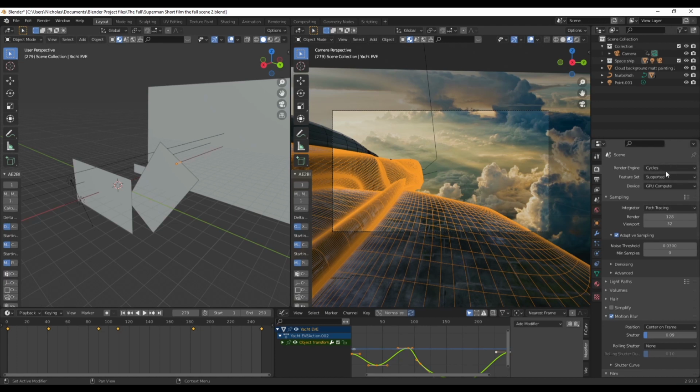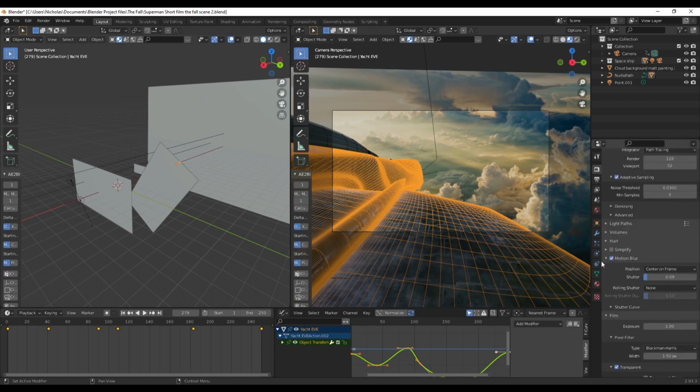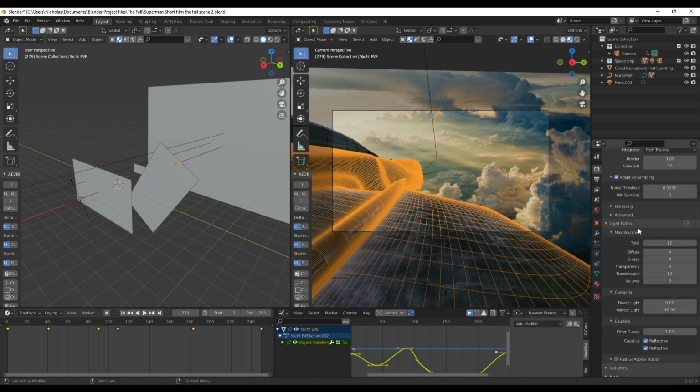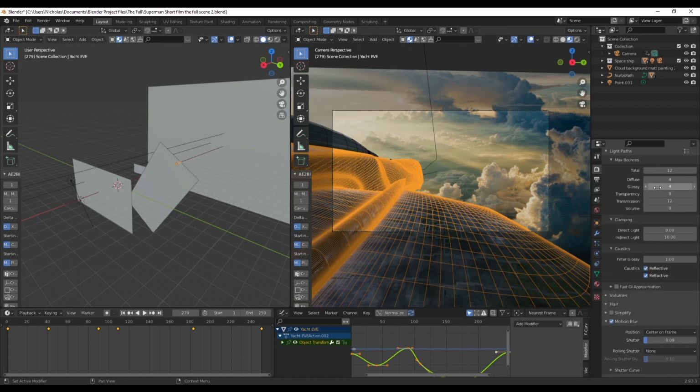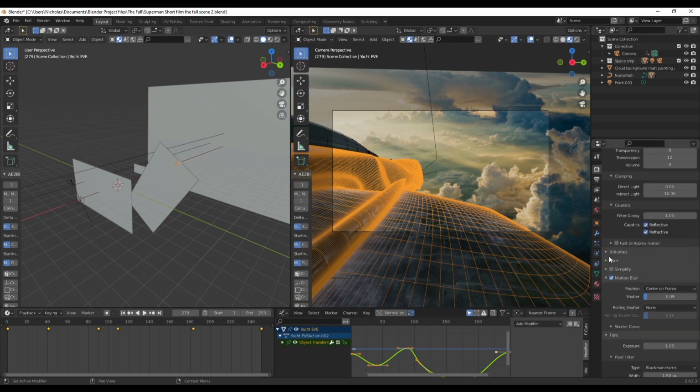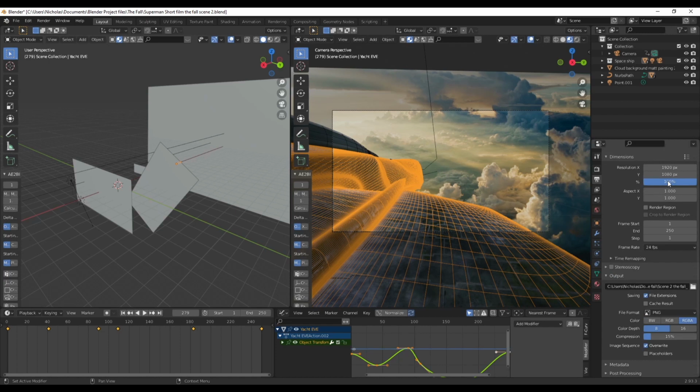So I've got Cycles GPU. I'm going to render 128 samples. Adaptive noising, I set that to 0.03. My motion blur is on. My light paths I've set here to 12, 4, 4, 8, 12, 0. So I've got a high value on transmission and transparency so that my clouds don't have that black border on them. And then my render output is